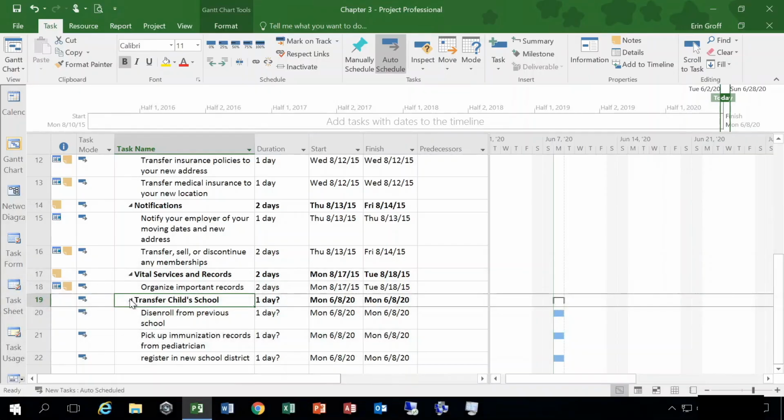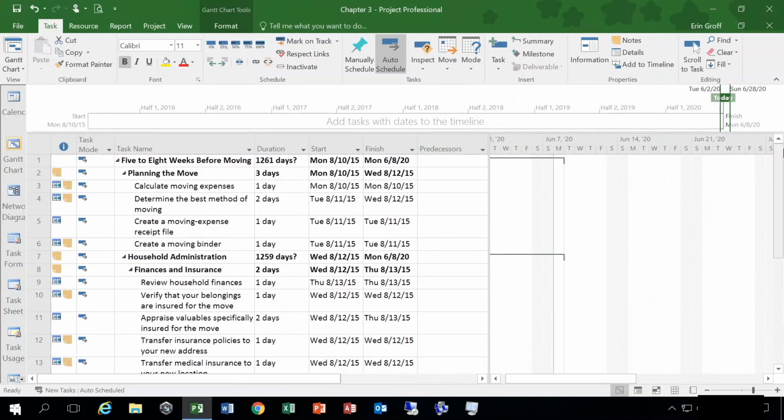Page 50 in your book, the project summary task, at the bottom there. Every new project automatically contains a project summary task. All new tasks you add to a project will be subtasks of the project summary task. Project hides the project summary task by default in new projects. What a project summary task is,